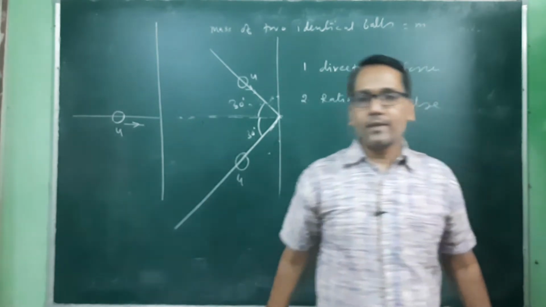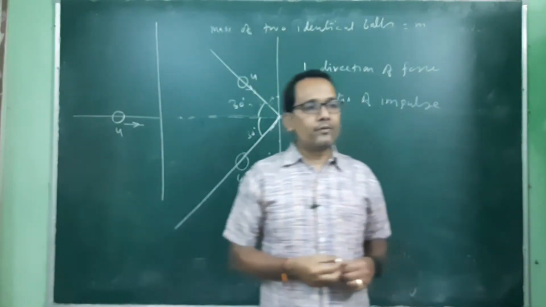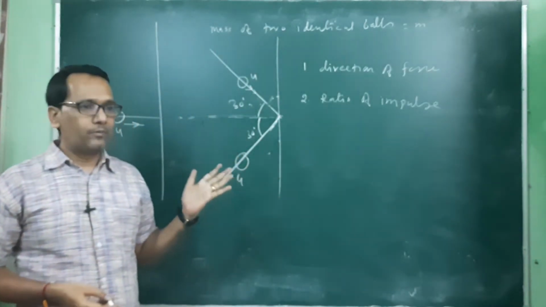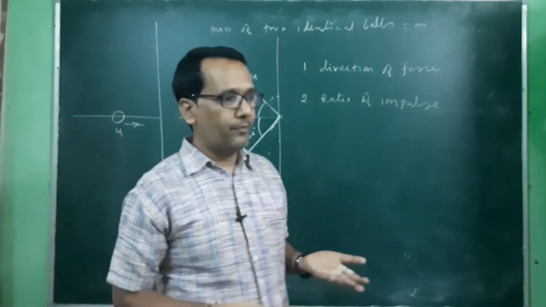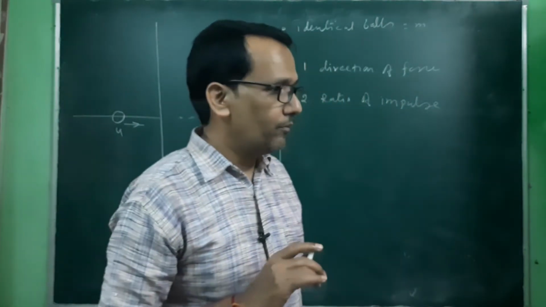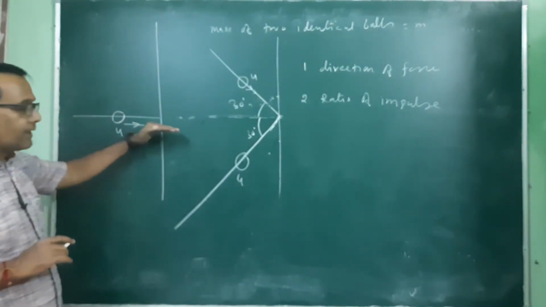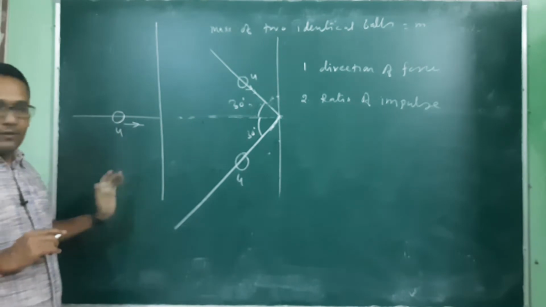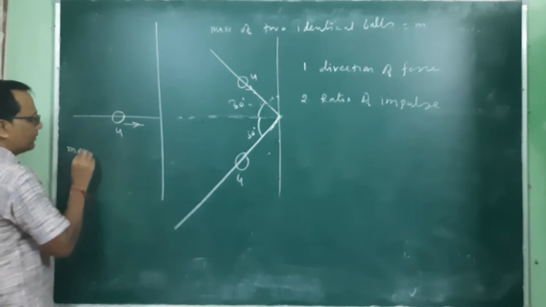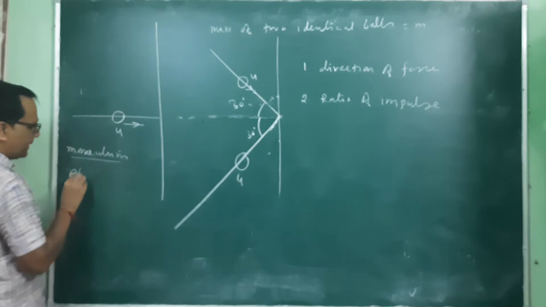Obviously, impulse is change in momentum, and force is correlated with momentum by the second law of motion. So in this problem we have to calculate the momentum, which is a vector quantity. So we have to use components as we have used in motion on a plane. In the first case, the initial velocity is along the x-axis, there is no y component. So the momentum in the first case, along the x-axis,